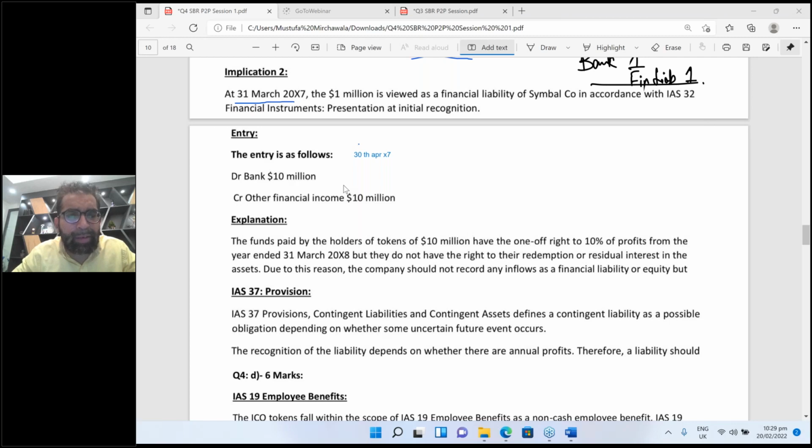Debit bank 10 million and credit. No, wait, one question. Sir, why should we debit 10? No, 9 million was the minimum requirement. My dear student, the student who is asking this: sir, why not 9 million? 9 million was the minimum requirement one year back, at the time of the initial sale. You can receive any money more than 9. It could be 10, 20, 30. It's your luck. But 9 million was the minimum target. Dear student, did you get it?